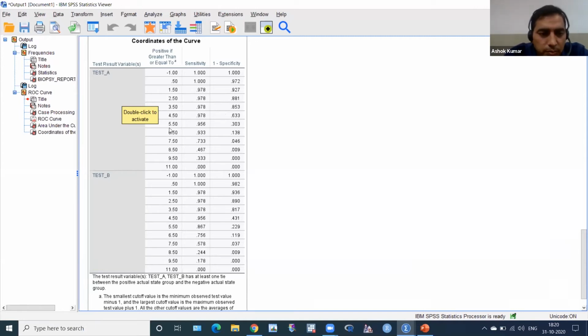Then think about 5.5. You have to think, because you are a researcher. Here the sensitivity goes down to 95.6%, but the specificity is increasing drastically. So you take 1 minus this: 1 minus 0.33, that is 0.7. Then you have to add 0.956 plus 0.7, so this is around 1.6. So it is 1.3 and it is 1.6. So it means 4.5 is not better. The cutoff value may be 5.5.